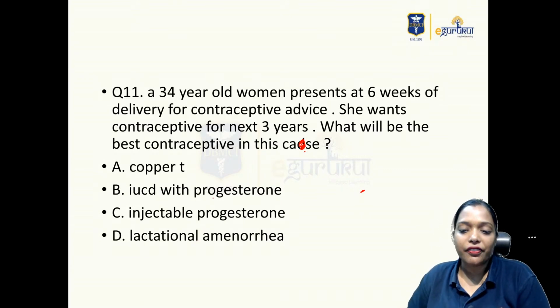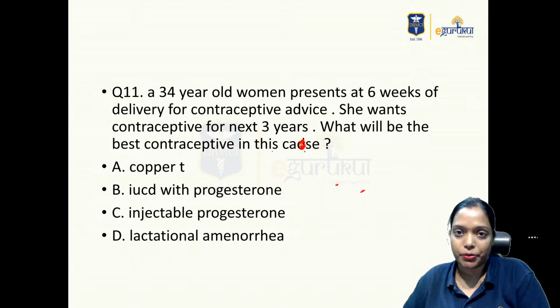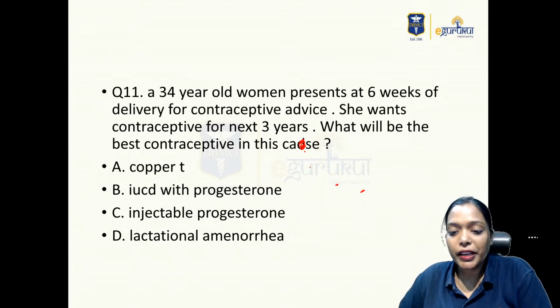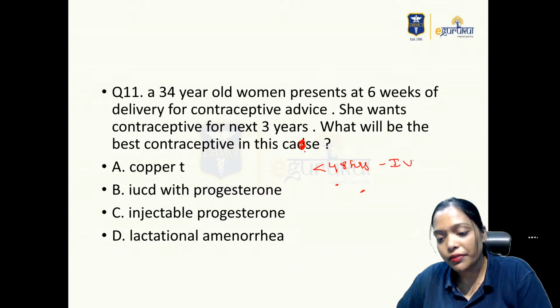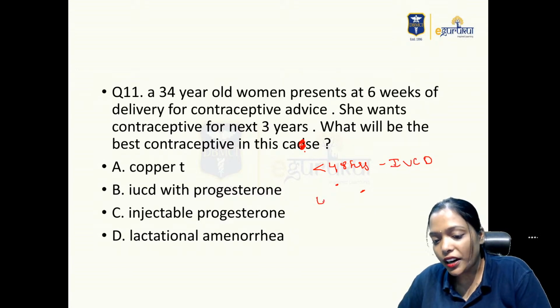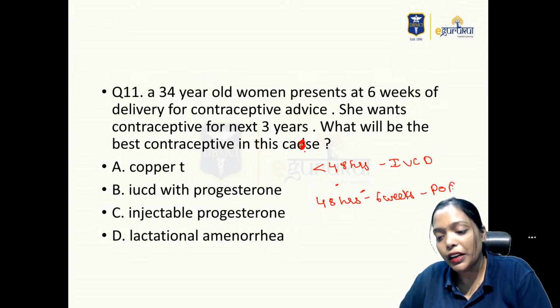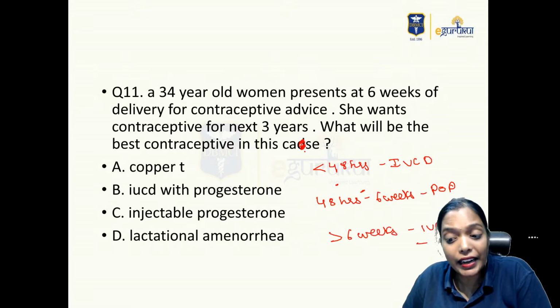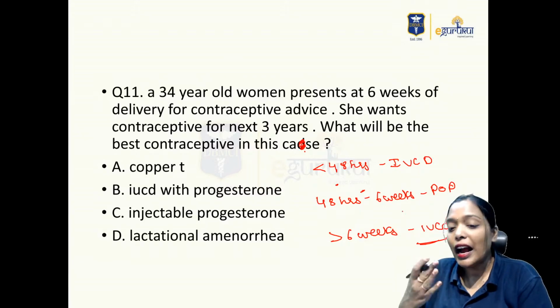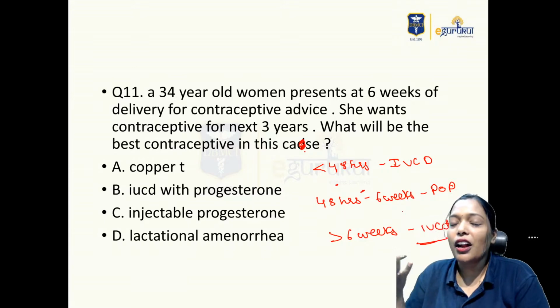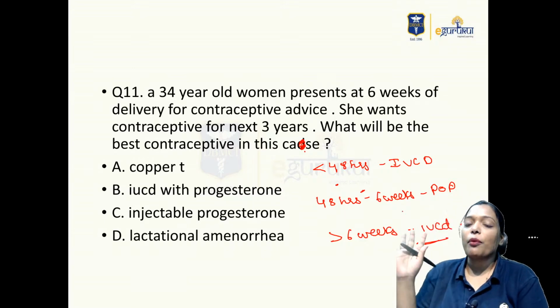So again, this is a very favorite question, the postpartum contraception question. Please remember, if somebody comes to you for contraception within 48 hours, then the best is IUCD. After 48 hours to 6 weeks, go with the progesterone-only pill. Beyond 6 weeks, again IUCD will be the best. And she's very clearly saying that she wants long-term contraception for 3 years. As she has crossed 6 weeks, you can comfortably insert a copper T, and copper T will run for